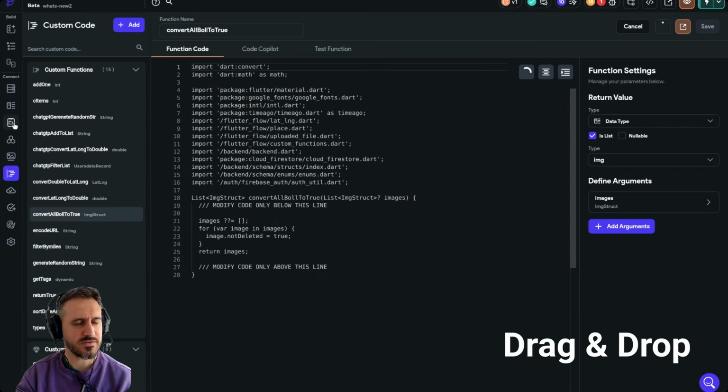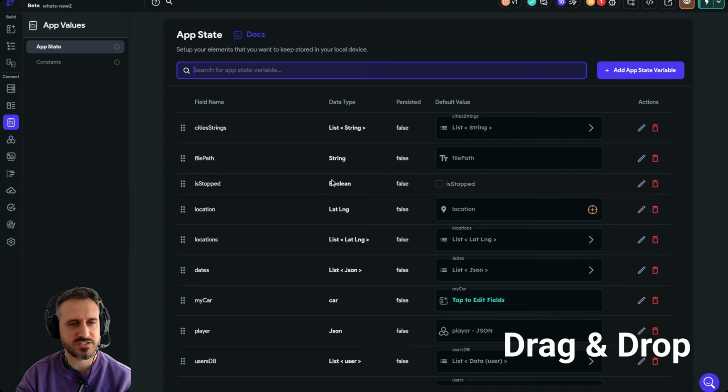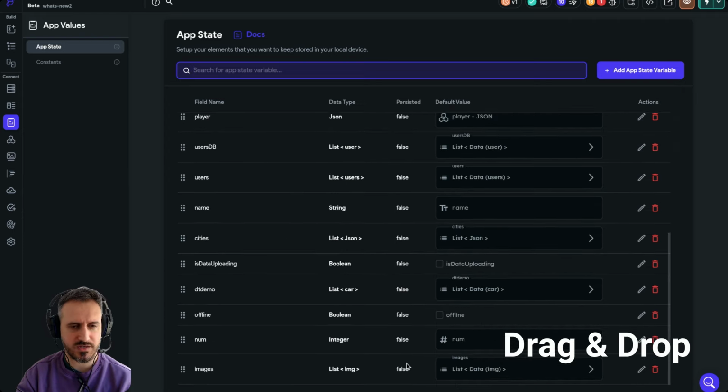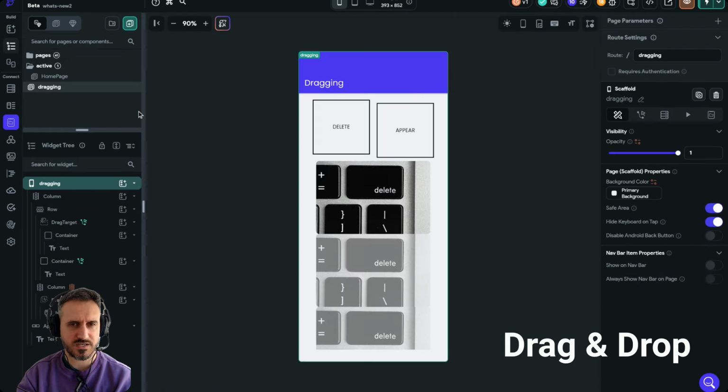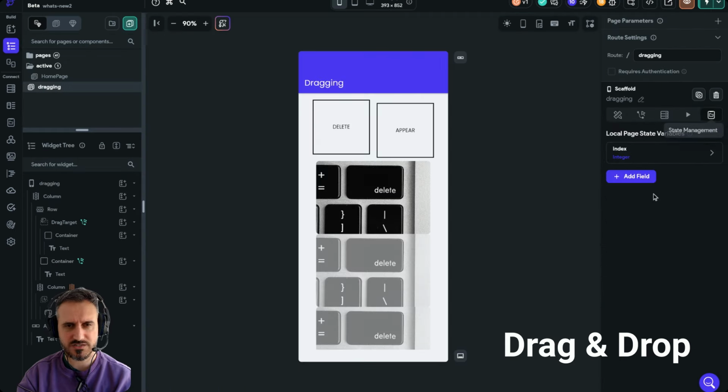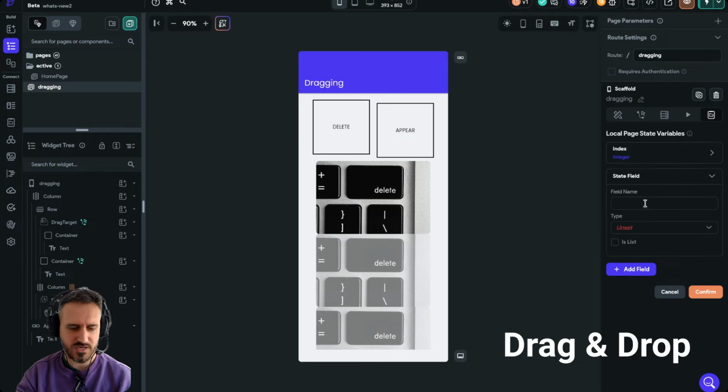And then I want to have a list of images. In my example, I only have two, but of course you can have more. And of course this can come from Supabase, Firebase, an API call, or whatever. But in my case, I put it in an app state. You'll probably ask why I didn't put it in page state. The reason is that in page state, unfortunately, you cannot actually